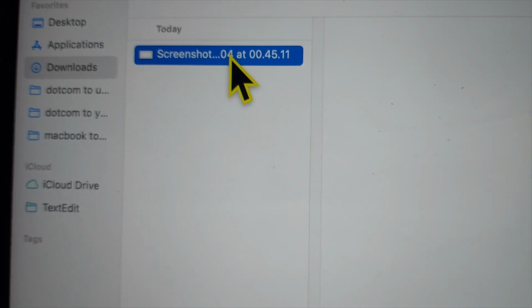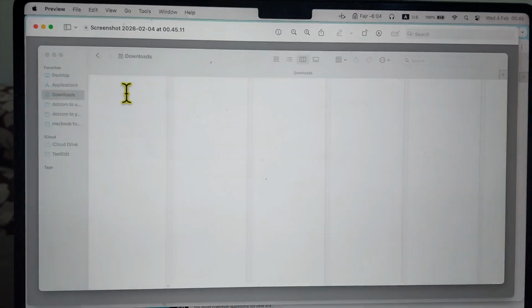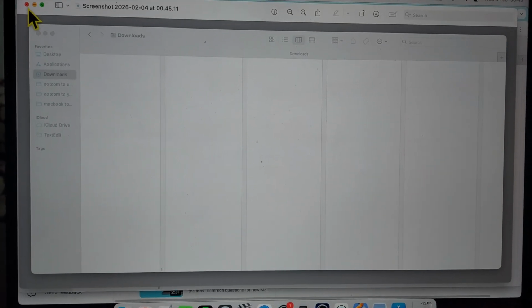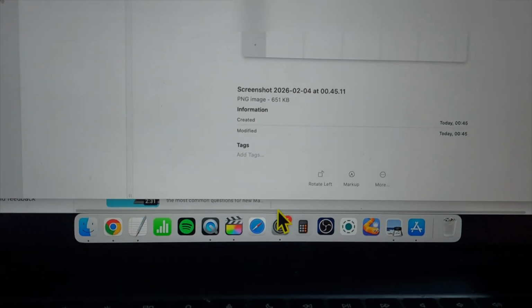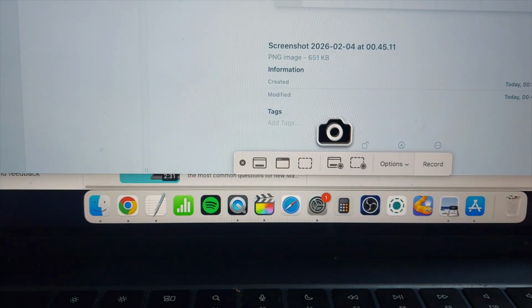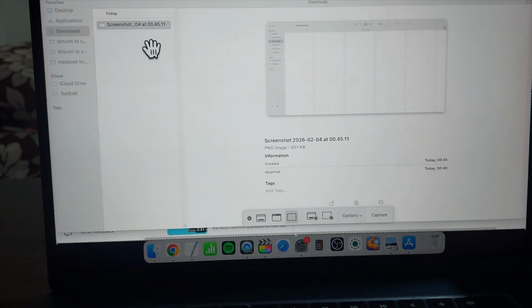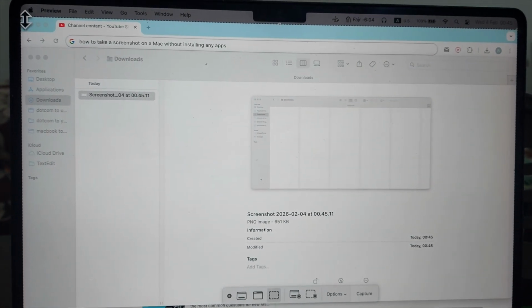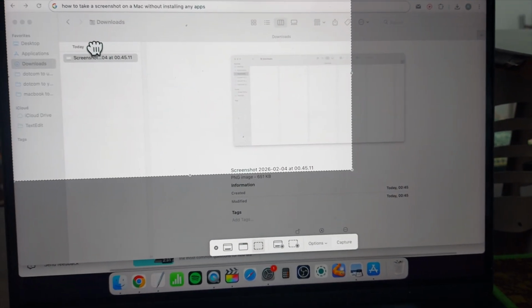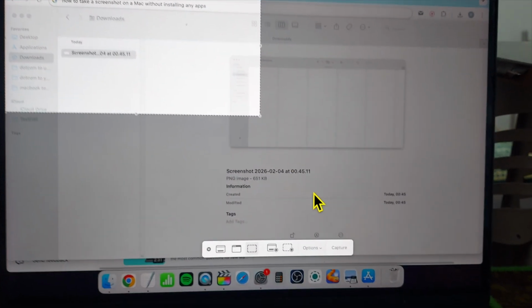And this is the photo, and this is the screenshot. As you see, it is a well selected window screenshot. Now let's take a screenshot of just a selected portion. Now you can start customizing or editing this selection. For example, I want to capture this top part like this. Now click on capture,